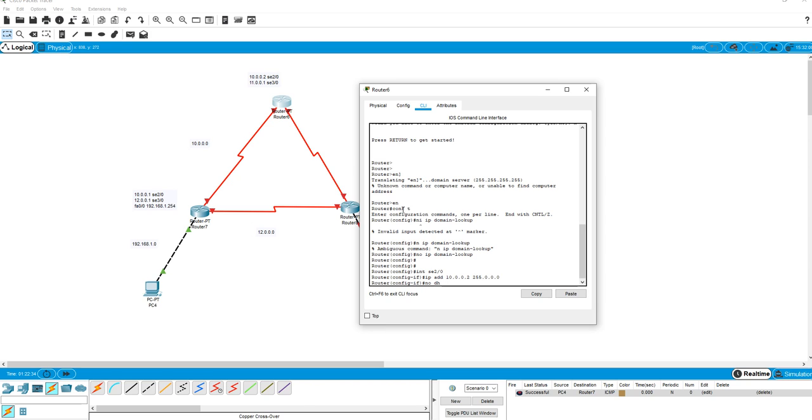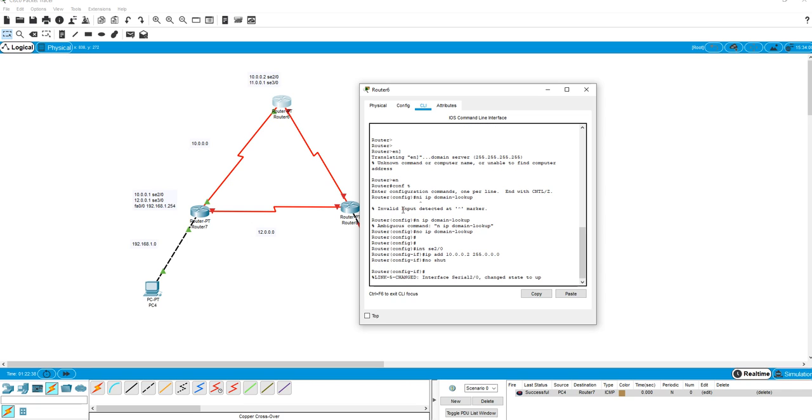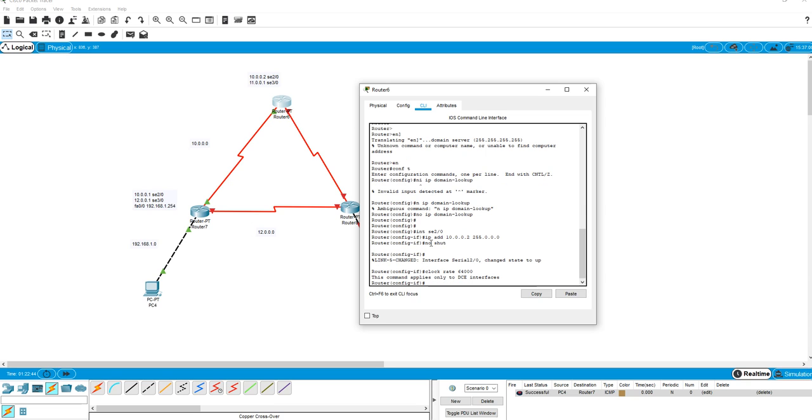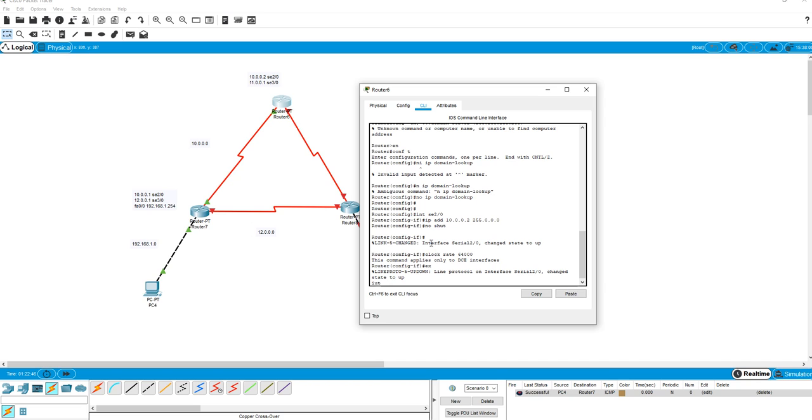What I can do is I can put a clock rate on here, but I've already done it on the other end, so it'll tell me there's no need to. So I can type in clock rate 64,000, but it tells me it's already done. So I can exit this,